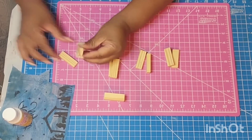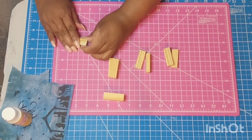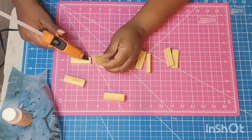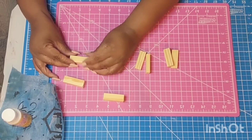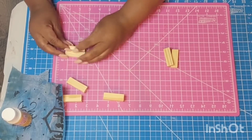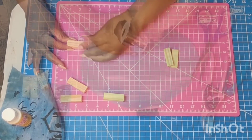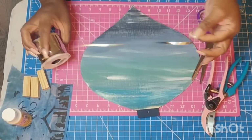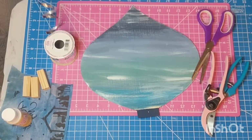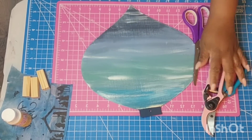So here, what I'm doing is basically layering them on top of one another, and I'm going to use some of the tower tumbling blocks from Dollar Tree. Originally I did 3 sets of 2s, but in the end I ended up doing 4 sets of 2s because it needed to be stable all the way around, and I just felt like with just the 3 it wasn't working, so I opted to do 4. So I'm putting those to the side, letting them set up for a few minutes. I am using Gorilla Hot Glue to adhere those together, but you could definitely use crazy glue, wood glue, your choice,